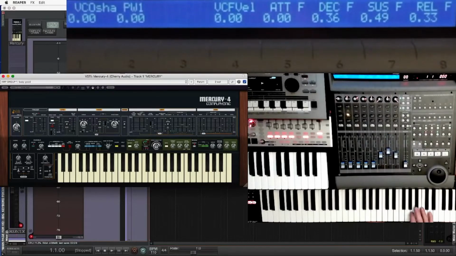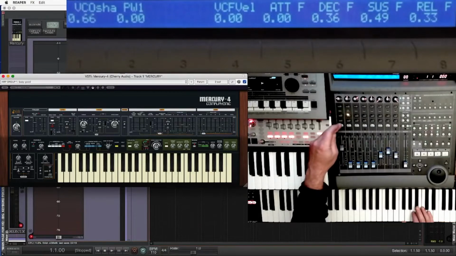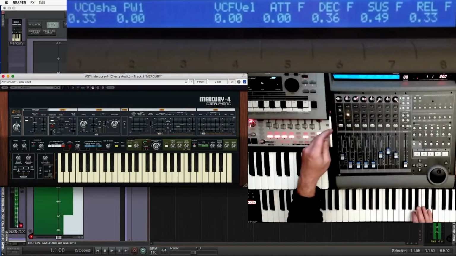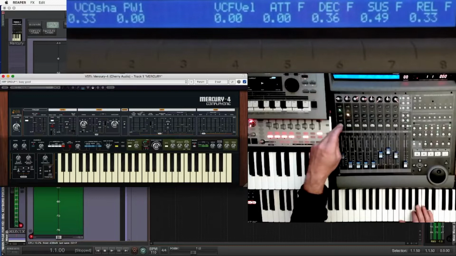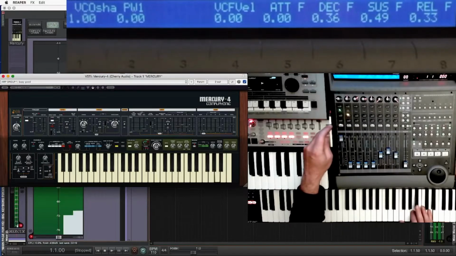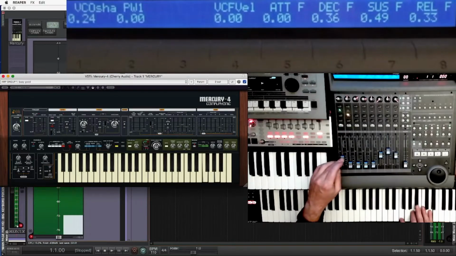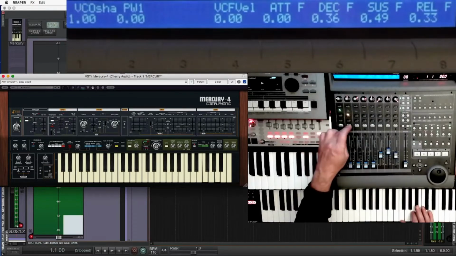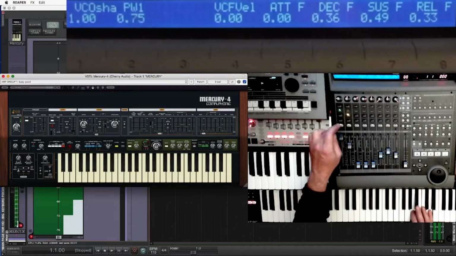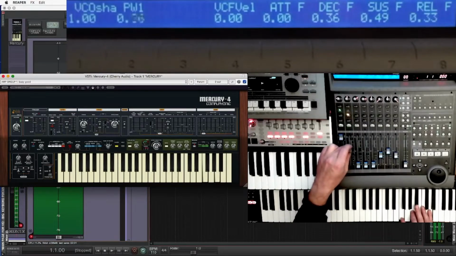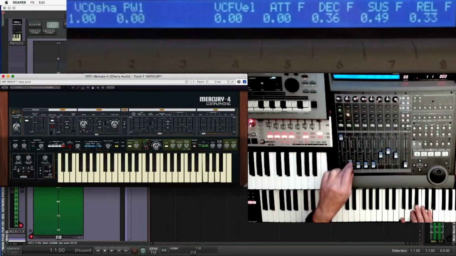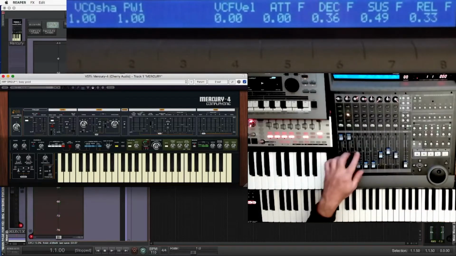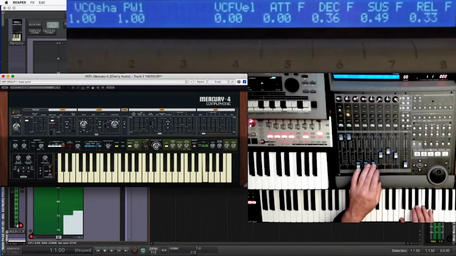This page goes into a little bit more detail of oscillator 1 on the left-hand side of the page. The Mercury 4 is not that complicated, so it's pretty much a repeat of the basic first page. Selecting the shape with the select button, and that also being available on the fader. Channel 2 is pulse width for oscillator 1. Because that's stepped, I can use the select button as well. Any parameter on a fader that is stepped on the keyboard, the select button will be programmed to step through